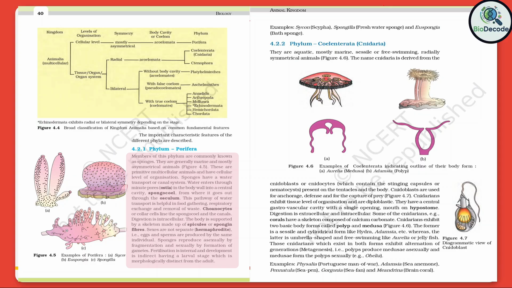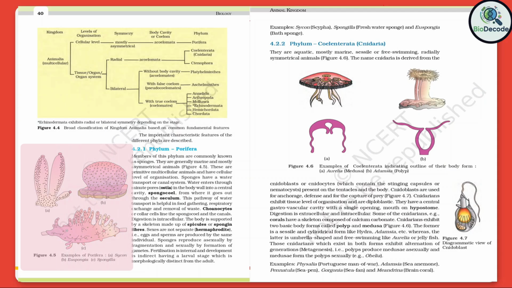Sponges reproduce asexually by fragmentation and sexually by formation of gametes. Fertilization is internal, and development is indirect, having a larval stage which is morphologically distinct from the adult. Figure 4.5. Examples of Porifera: Sycon, Euspongia, Spongilla. This figure displays the characteristic body forms of sponges, organisms belonging to the phylum Porifera, the